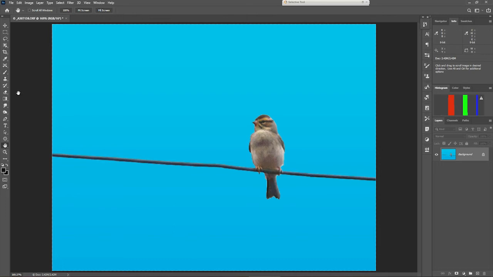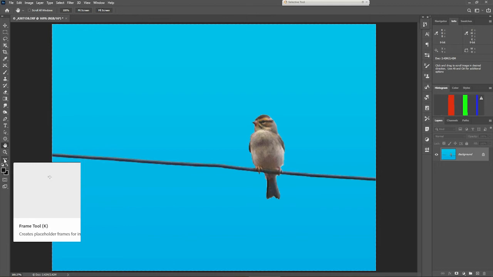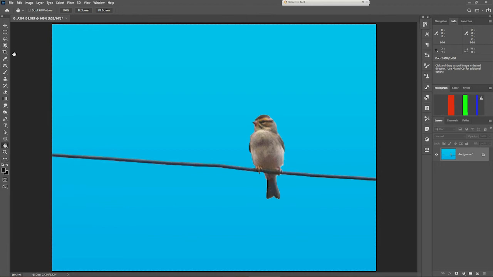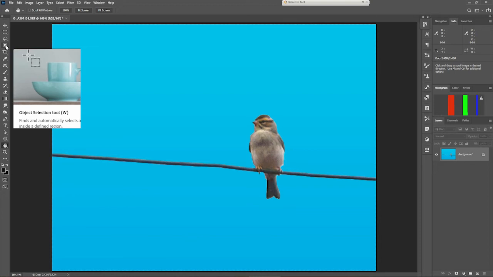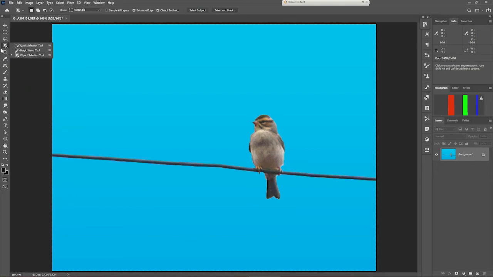So the deal is we had previously moved the object selection tool, I think it's called, from down below where the three dots were in an earlier part of this video. And I moved it up on top with the other selection tools. So if we hover, we have the quick selection tool, the magic wand tool, and the object selection tool. A couple of things you need to know about using the object selection tool is that